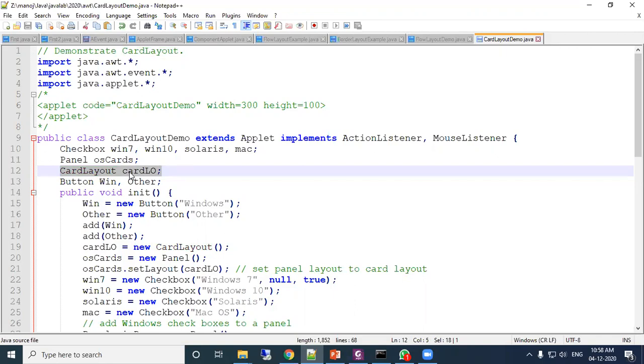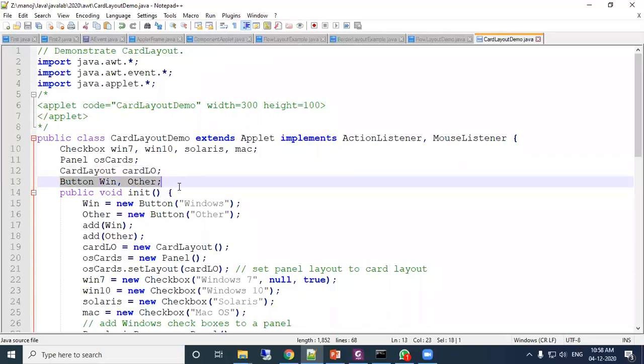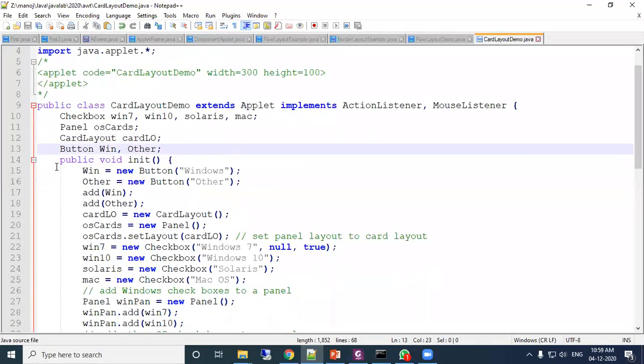The reference name is created. Button win, other: these two button type object references are created. But remember here, the button objects are not created. Then inside the init function, this button win is created: win equal to new Button("Windows").